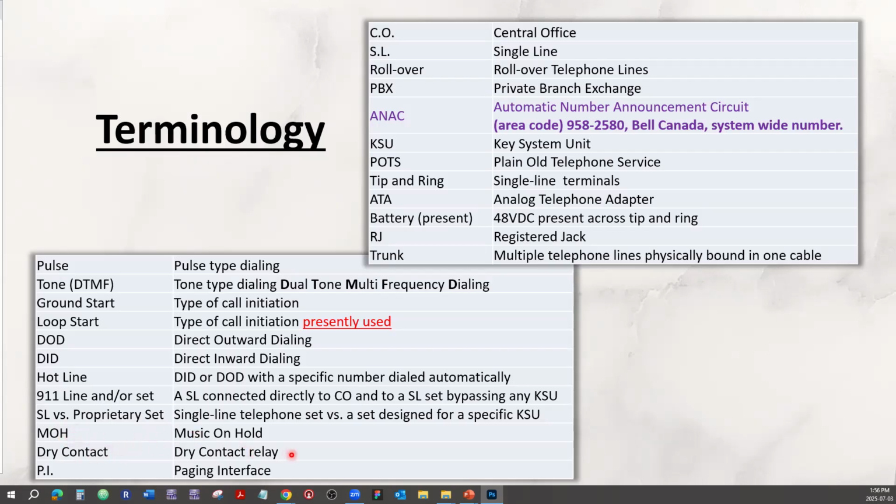We talked about the dry contact relay for the audio amplifier. So the input of the audio amplifier for the paging is not on all the time. Besides the audio output from the telephone system, you also have a dry contact relay. And the PA system amplifiers will have a couple of terminals that, if joined together, if shorted, enable the audio input,